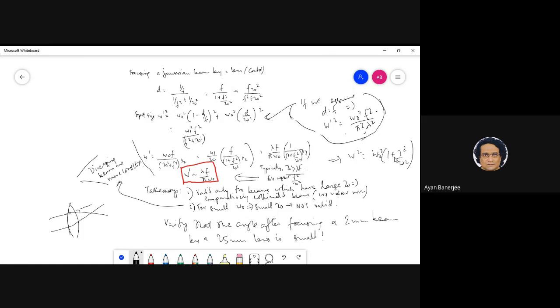I cannot expand this to anything, right? If f is very large, then of course I can neglect 1, and then I have this as f squared, this is just f by z naught. So then this cancels. Okay, this is nonsense. So you get lambda f by pi omega naught into z naught by f. So then f cancels. I think you'll just get the waist remaining the same basically.